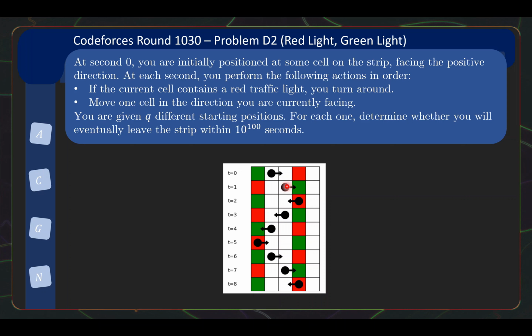And then, same thing, you move forward, and you are here at time t equals 2. And over here, there is a red traffic light where you're standing. So you turn around, but you also still move in the direction you're facing one cell. So you end up here at t equals 3. And in this scenario, you notice that you will actually end up bouncing back and forth. So one thing you realize is that you cannot actually escape in this scenario, because if you bounce at this traffic light from the left and go back facing left, and you end up bouncing at the same traffic light again in the same direction, meaning from the left going back to left,